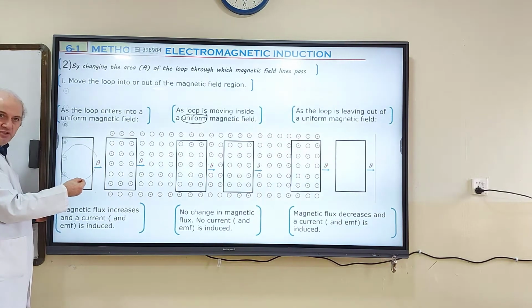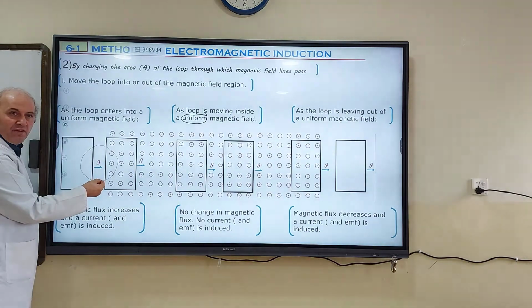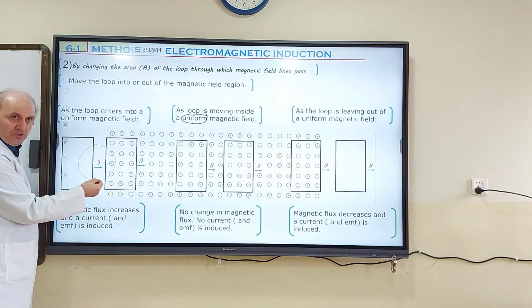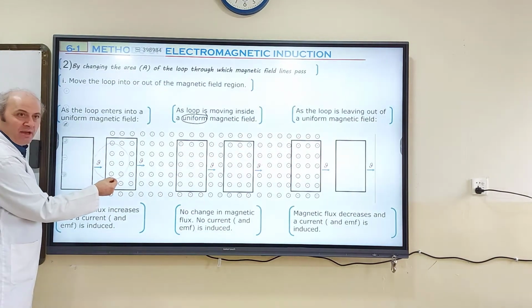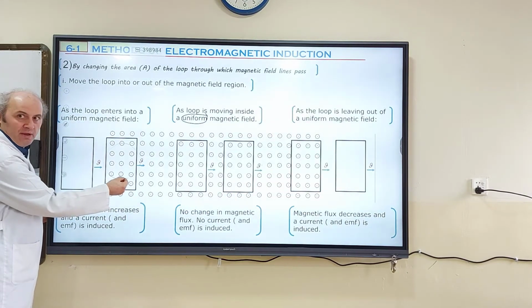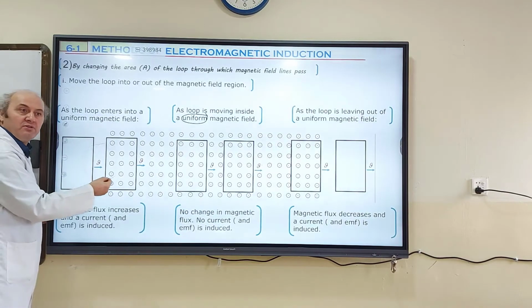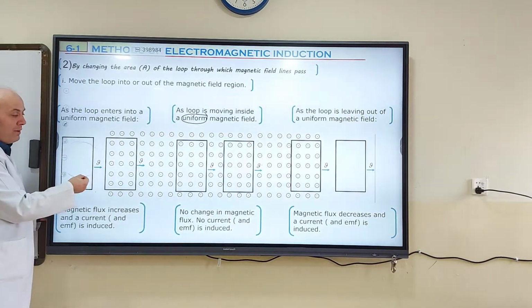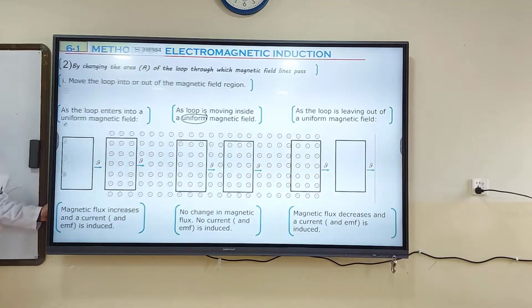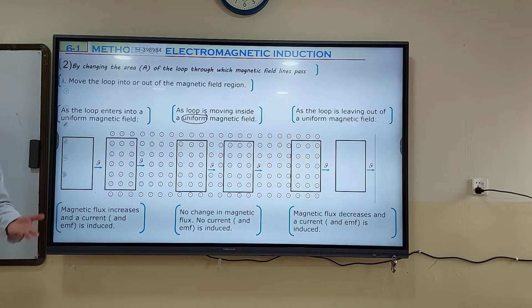Area inside the magnetic field is 0. Now, area inside the magnetic field is a quarter. Is it increasing? Yes. Area inside the magnetic field is half. Area inside the magnetic field is 2/3. Area inside the magnetic field is completely new. So while this loop is entering a magnetic field region, the area of the loop which is inside the magnetic field is increasing. If the area of the loop which is inside the magnetic field increases, magnetic flux also increases,